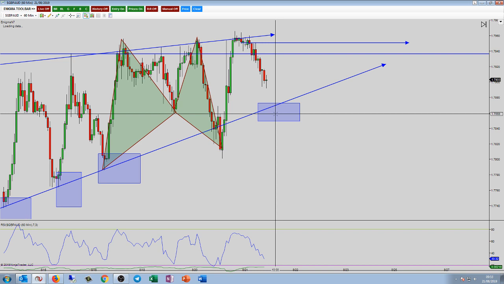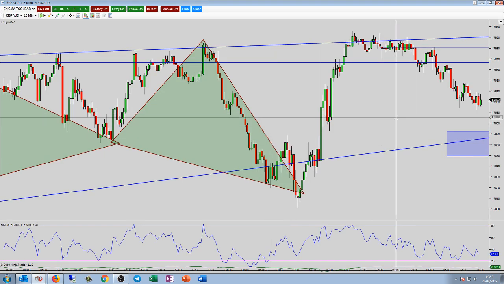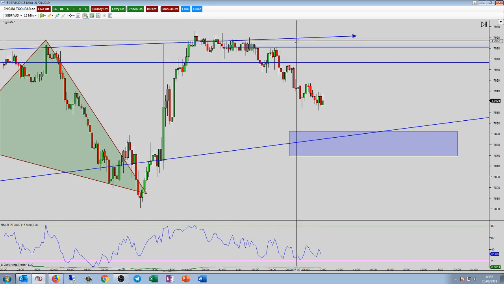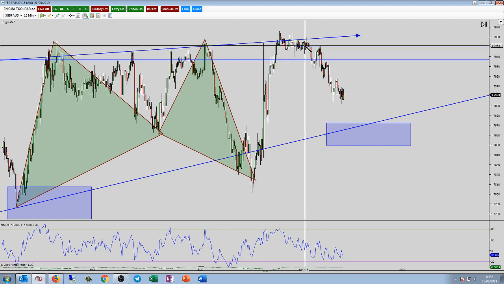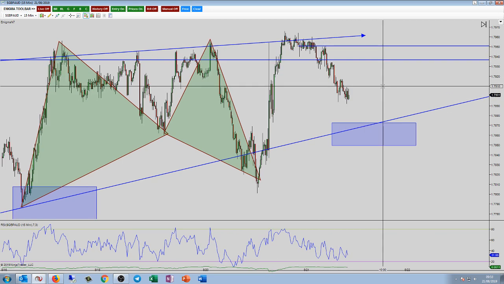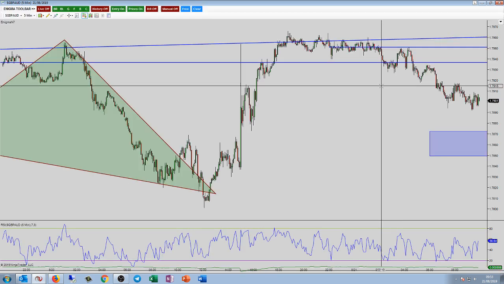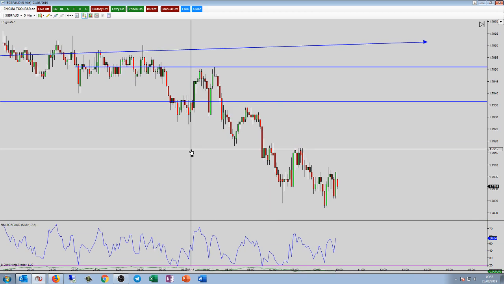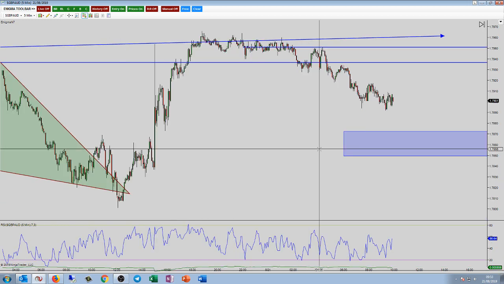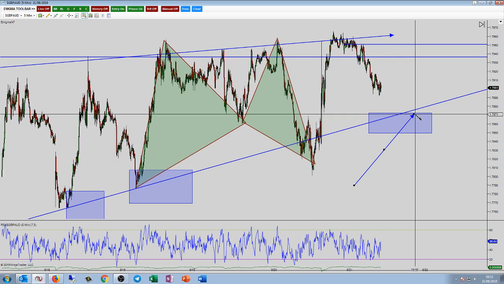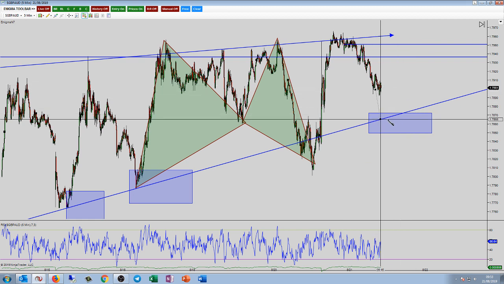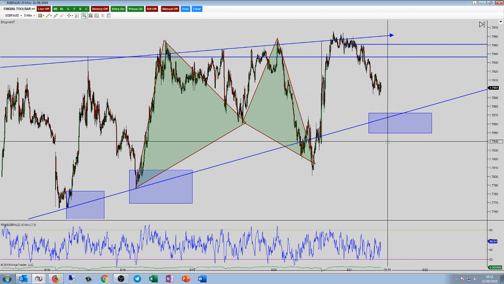Let's take a quick look at the 15. And again, just junk. As you can see, no real movement here. It's just slowly dribbling down. You may actually be able to look at a trend trade on the 5. Maybe. Okay, so the trend on the 5, we've got a high probability here, guys, don't we, of coming down to retest this trend line. There's still around maybe 30 pips to go.